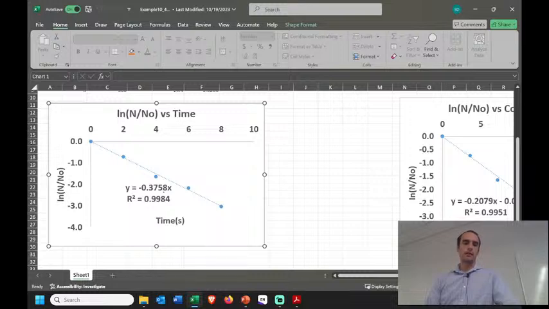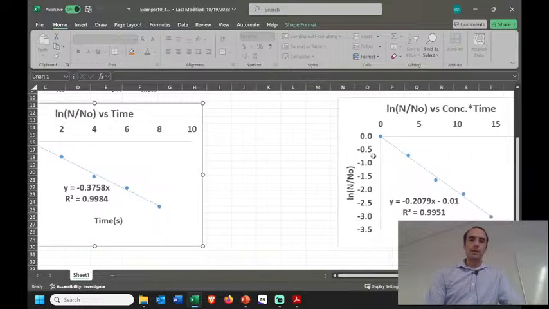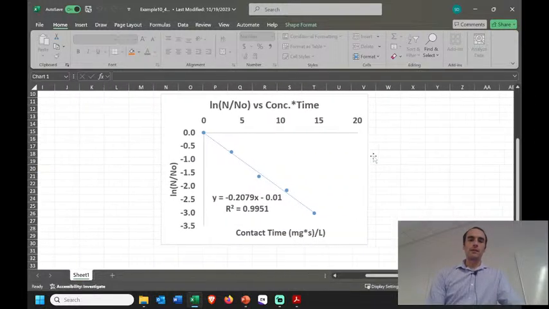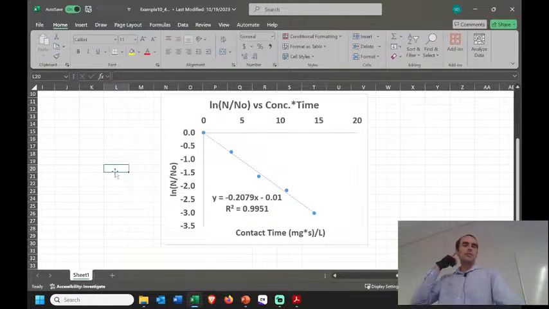And there we have it, y equals negative 0.3758x. So our k star then is that negative 3.758. Okay, so that's our k star, and then we have to divide by the chlorine concentration to get the raw k value, and we're done. If we wanted to be fancy, we could take the concentration times the time, and then this should also go through 0. I should correct that. And then we don't have to divide by the concentration because we already put that into the x value. But that's just being fancy.